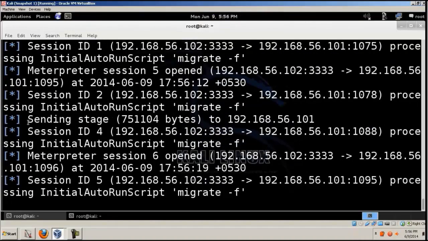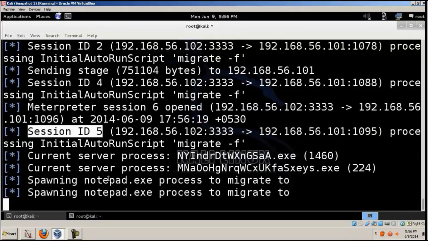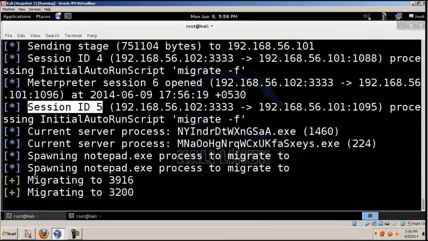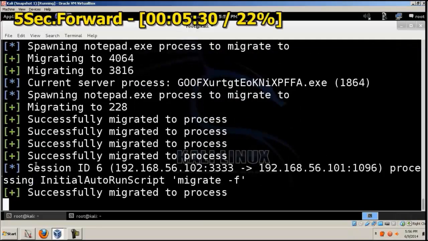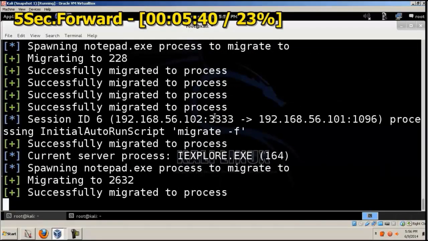So it's saying session ID 3 is open, session ID 4 is open, session ID 5 is open. So this is how many times different exploits have worked. So it's going to run all the exploits,